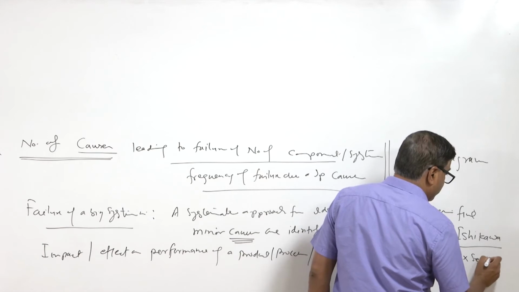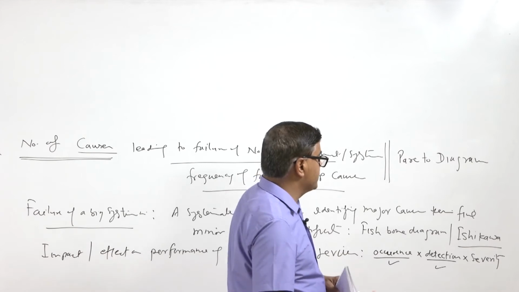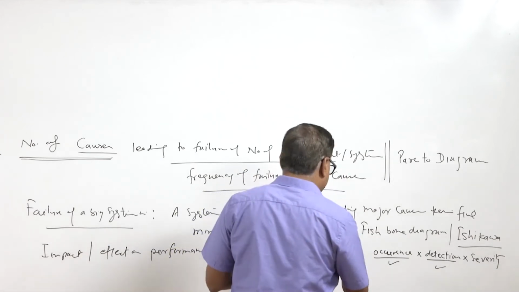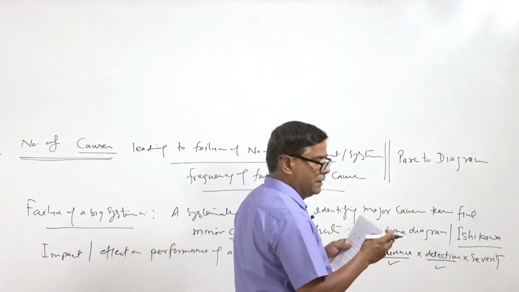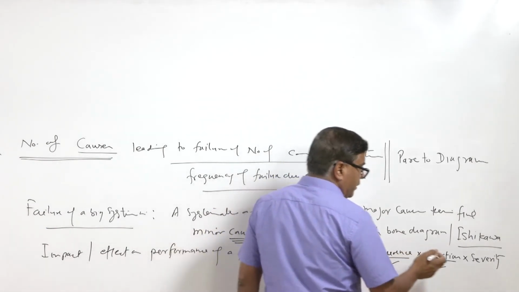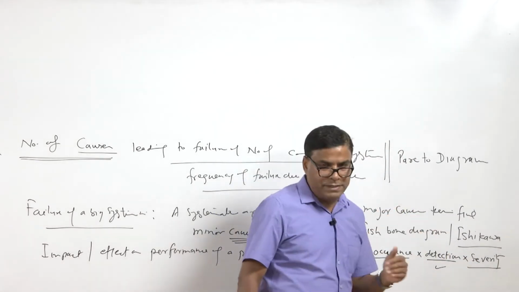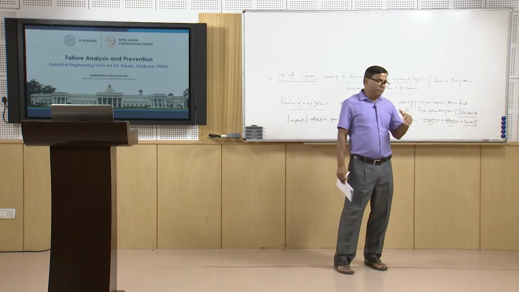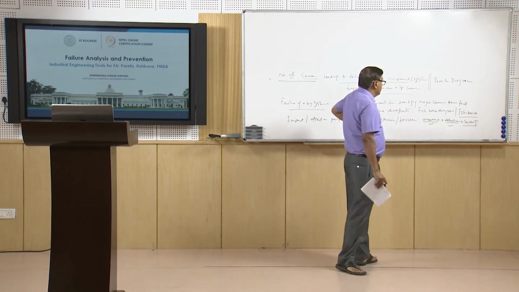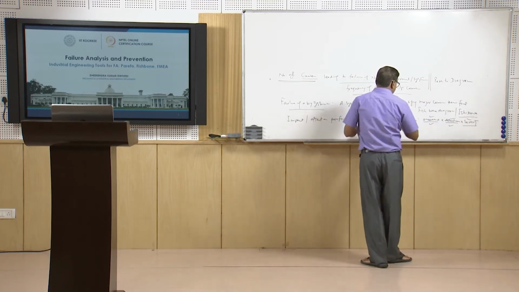What is the extent of effect or impact on the performance, impact on the company, impact on the customer, or impact on the economy or the life of the human beings who are working all around. So, severity can be seen in a number of ways. It can be in terms of the property, it can be in terms of the production losses, it can be in terms of the loss of life. So, these are the three aspects which are considered to see the extent of impact if failure of a particular thing